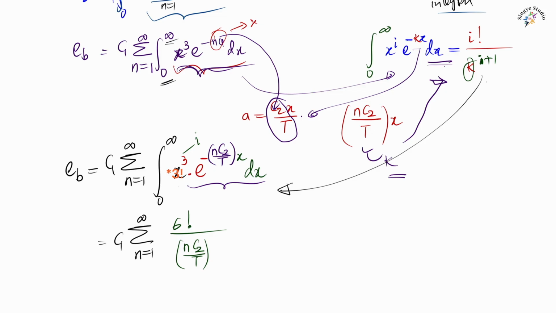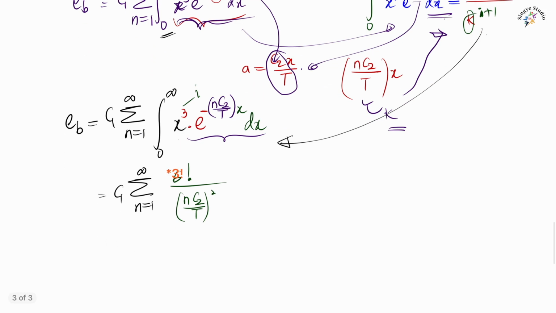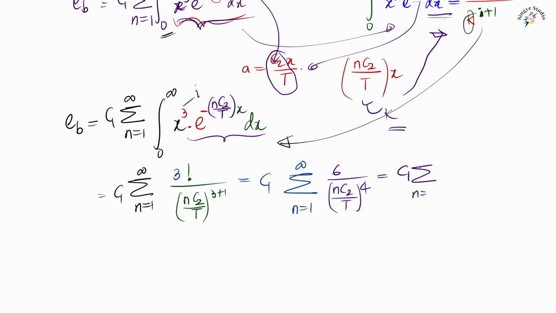This is the mistake. So you can say I plus 1. Therefore, you can say it is 3 plus 1. So this one equals C1 lambda, n equals 1 to infinity, of 3 factorial. So you are getting 6 divided by n C2 upon T raised to 4. So now you are just getting C1, n equals 1 to infinity, of 6